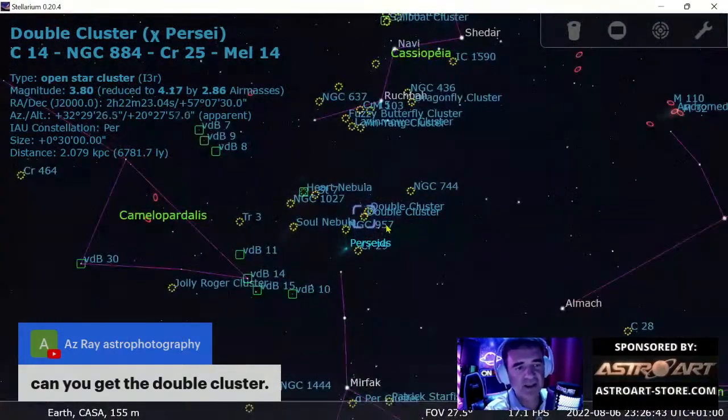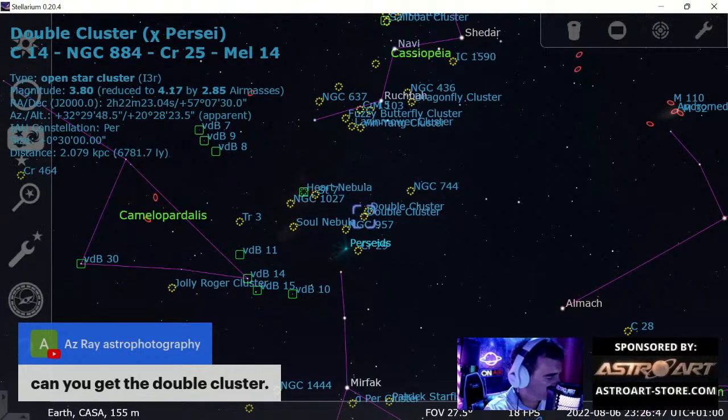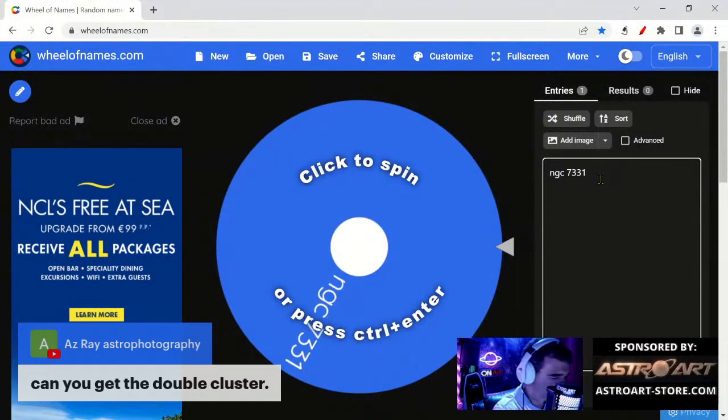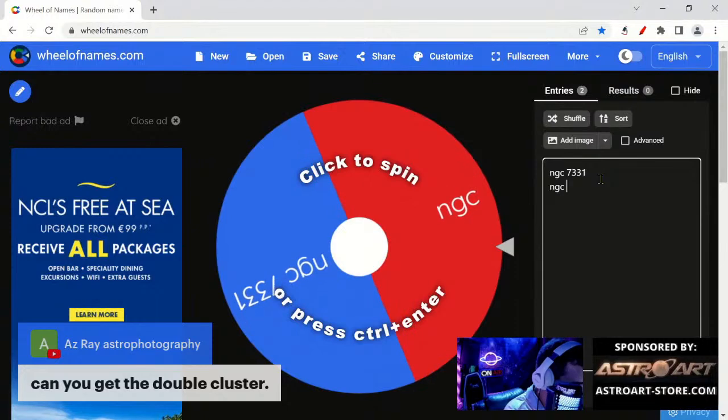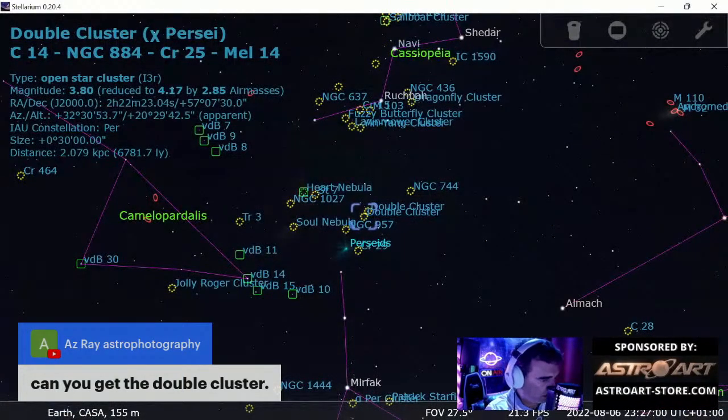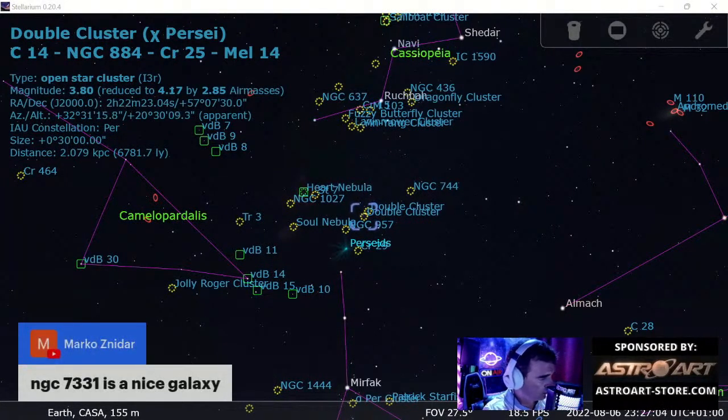Okay, let's place the NGC 884 also. Marco, NGC 7331 is a nice galaxy.